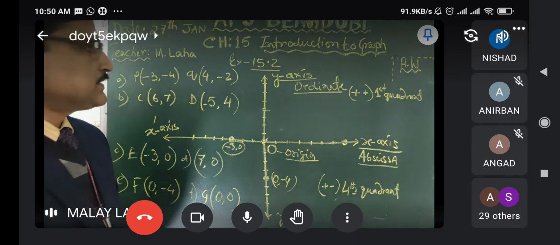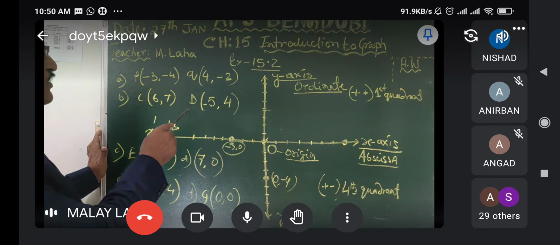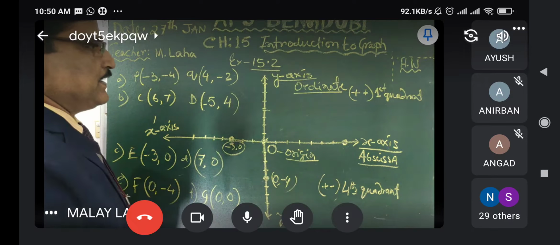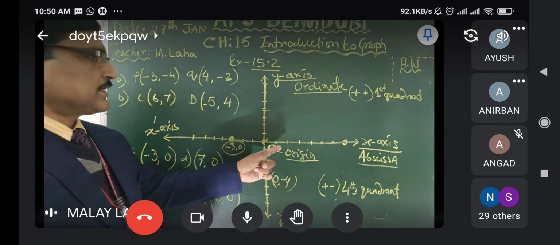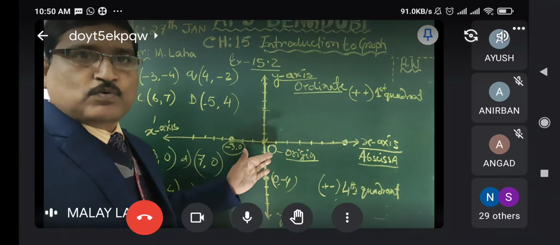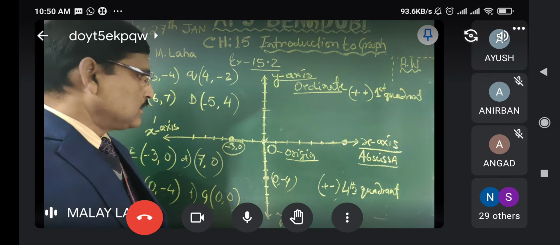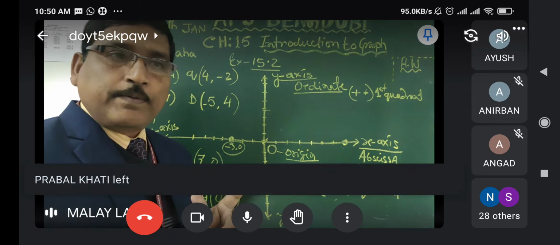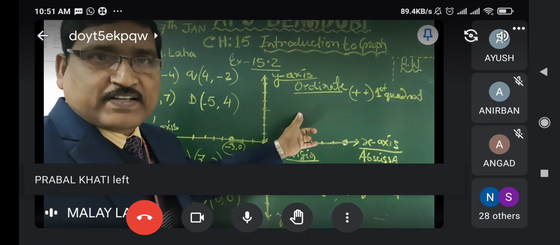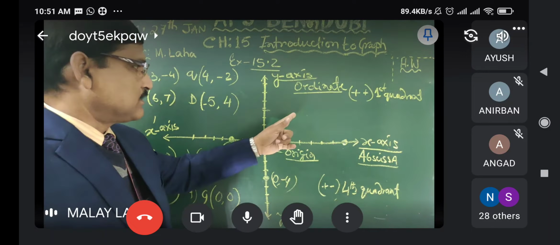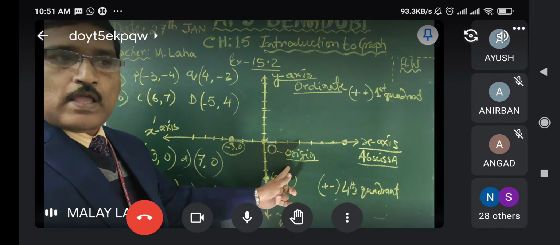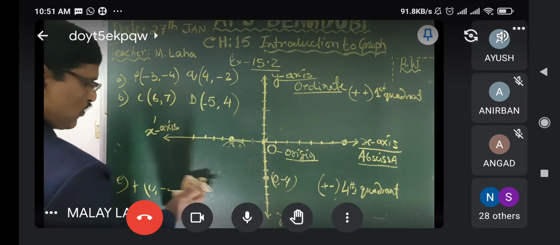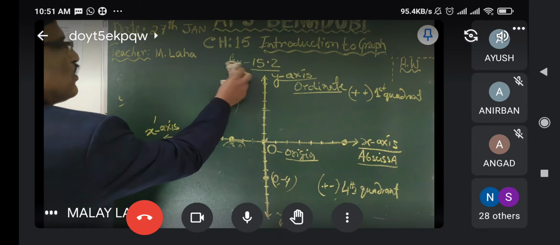Now, thereafter I have discussed some points' locations on the x-axis and y-axis. Clear? x-axis और y-axis में कौन होगा? x-axis में होगा या y-axis में होगा? You have to locate it. And I told you in your book it is given only positive, that is, they are discussing only the first quadrant. But here I have discussed first, second, third, fourth, all, and points also, plotting the points on the graph paper. Okay, I am doing now the plotting of the points on the graph paper.